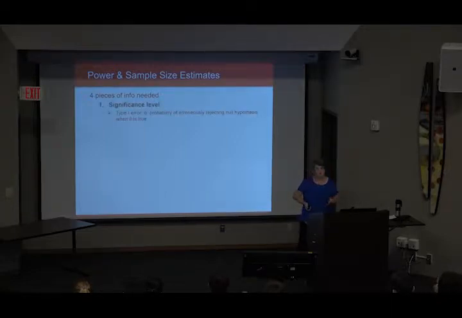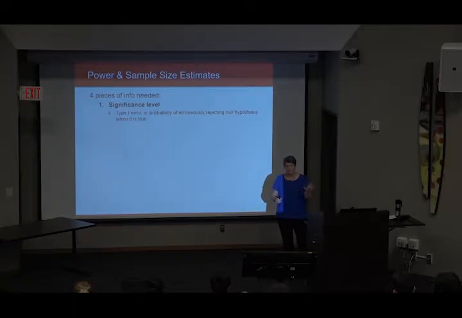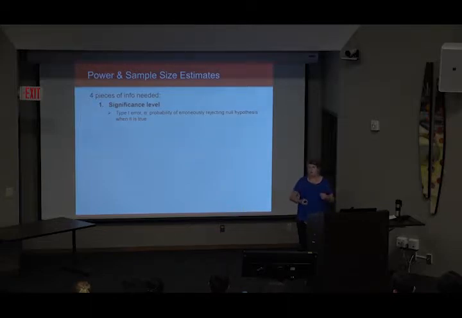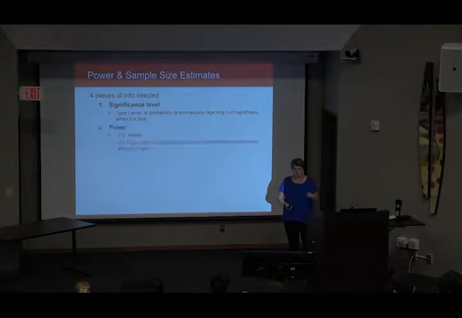So first, you need to know your significance level. This is your alpha, the probability of rejecting your null hypothesis, or saying that the null hypothesis isn't true, when it is in fact true. By convention, we use 0.05 for a lot of our studies. Other disciplines and other types of studies, even within our discipline, use a lower p-value of 0.01 or something like that. But that's one of the variables that you need to decide.